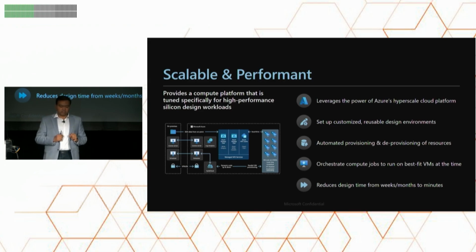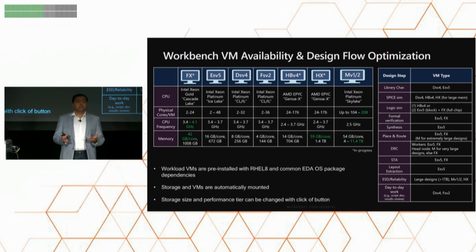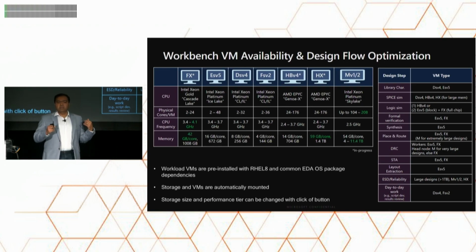I'm going to show you some more details on the next slide. But on this slide, if you look on the left-hand side here, this is an example of one of those build-outs that is done specifically for an EDA workload, and how we are putting together the compute, various types of storages, caches, license servers, orchestrators, schedulers, done in such a way that it really optimizes the performance for specific workloads. Just to give you a little under the hood of what it involves to actually be able to put together infrastructure like this. So on the right-hand side, you see here, for every step in the flow, the tools' characteristics